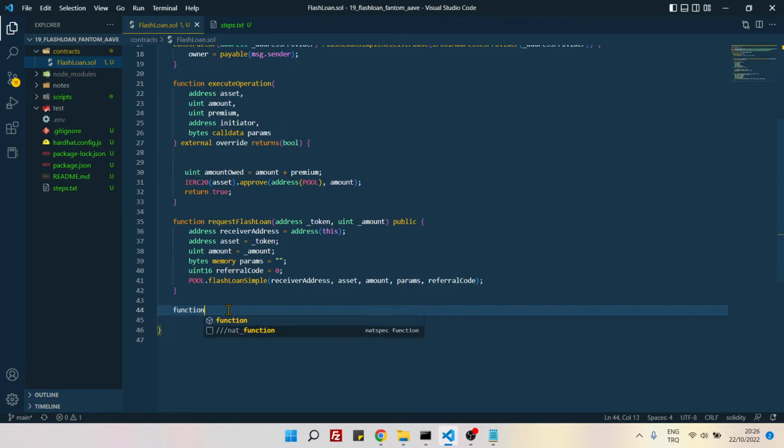And we need to create two more functions, because imagine at the end our purpose is to make some profit on the Flashloan. We make the arbitrage operation, and if we are not going to,